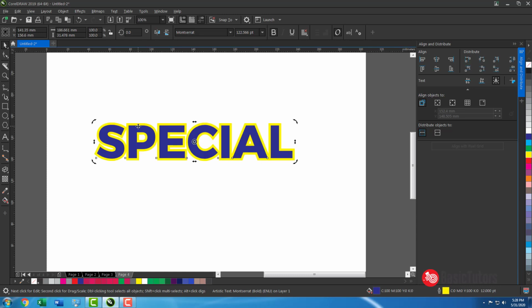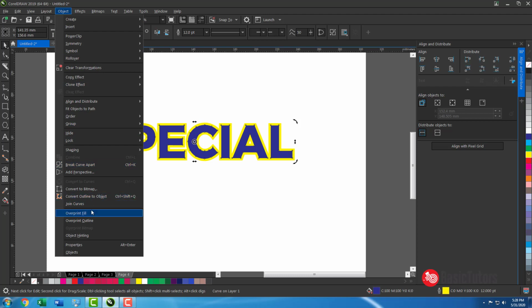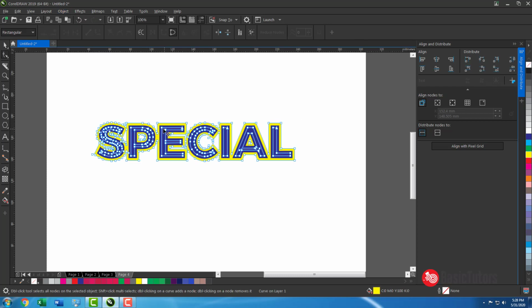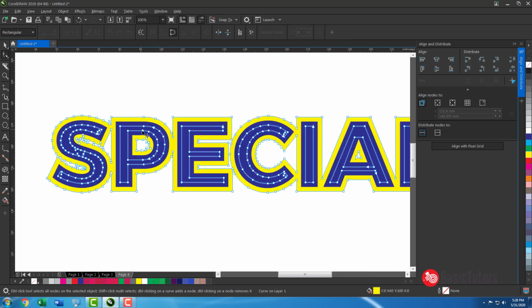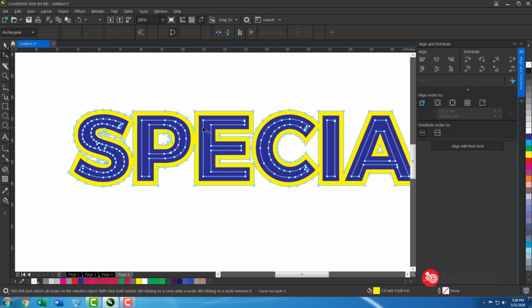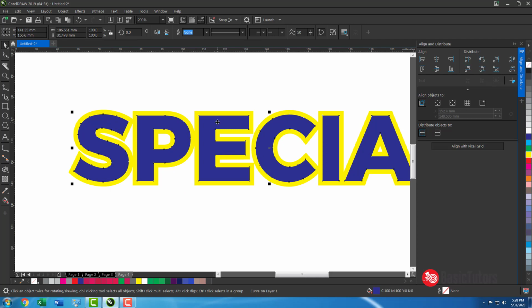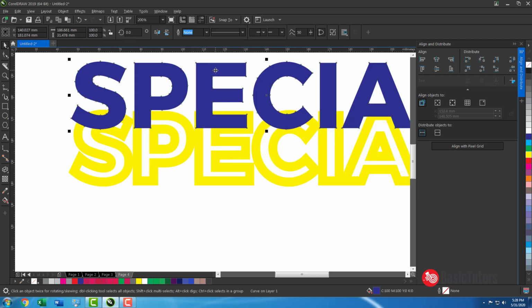Now this is an object, so convert to curve, and this yellow one is the outline. If you convert this outline to object, what will happen? See, the outline is separated as another object.